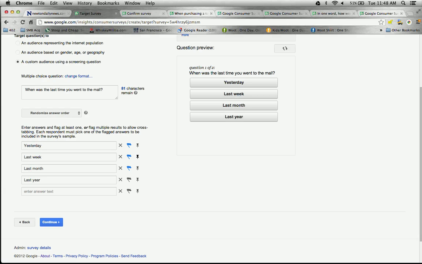So I'd be able to compare, just as I do with demographics, how people who said yesterday compared to people who said last week compared to people who said last month. One of the more interesting examples of this recently, just to share a good case study, is we did some investigation in the